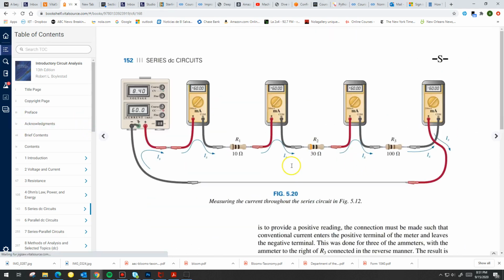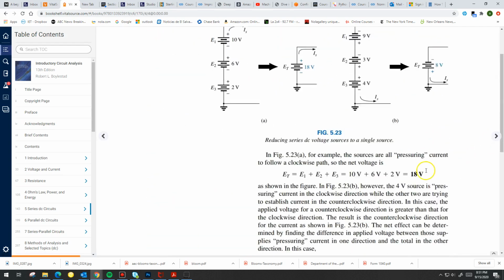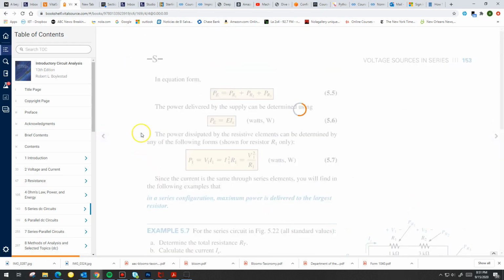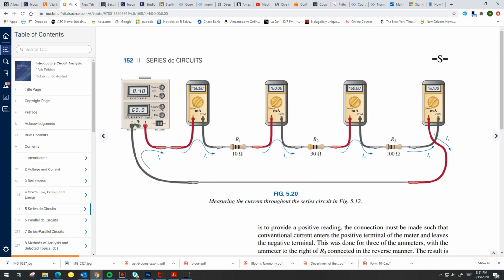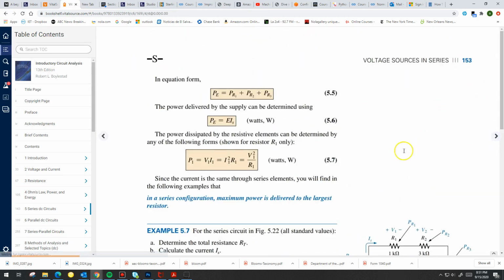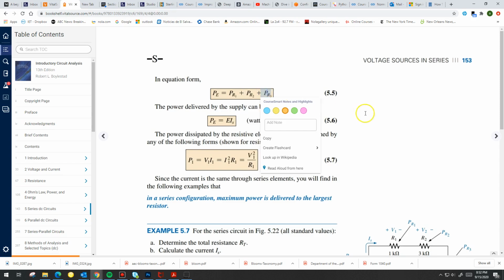When we say absorb, they absorb power in terms of heat, in terms of light. Every time the light bulb heats up, it's absorbing power. The power providing light, it's absorbing power. So what we said again is that the total power being supplied by the source is going to be equal to the individual